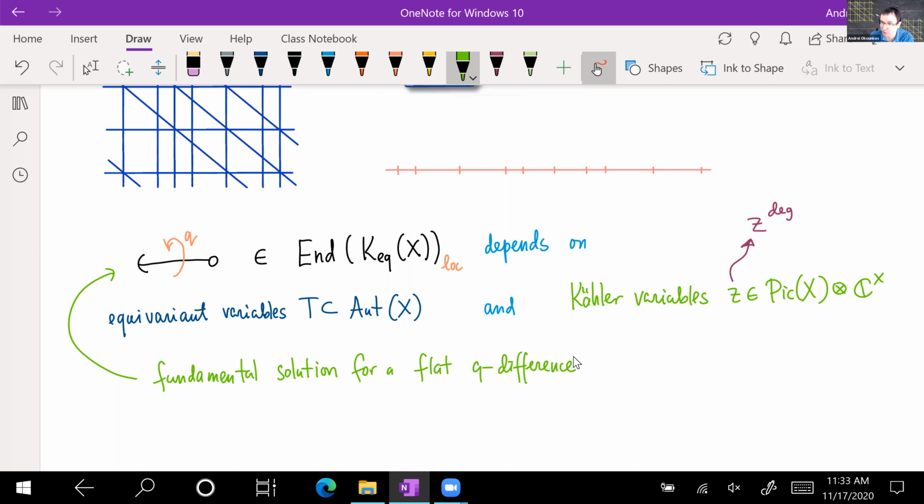Right, it also depends on q. So this is a q-difference connection